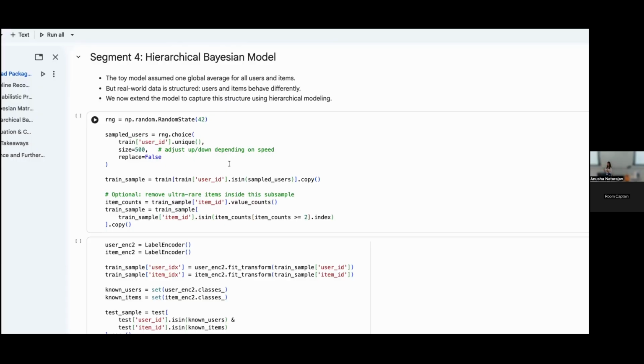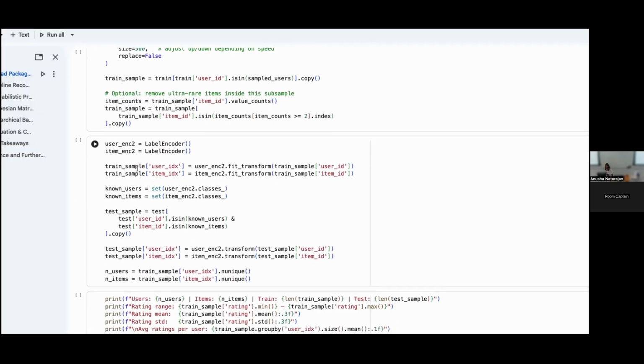Maybe it might be the case with how the dataset is, but if you're looking at things that have some sort of level or hierarchy, I think that would be really beneficial. I just sampled users so that it wouldn't take too much compute time to run all of that. So training the users, we get the train sample, and then we get the